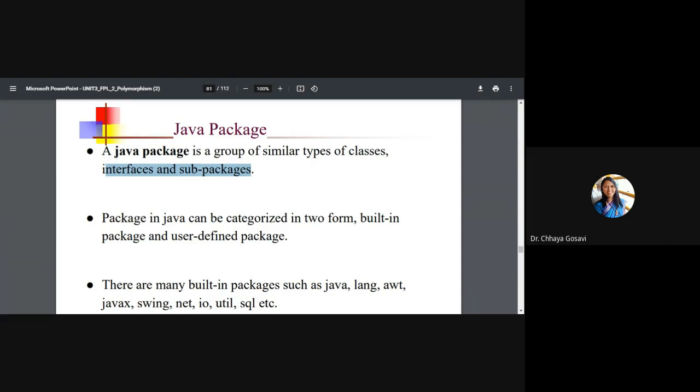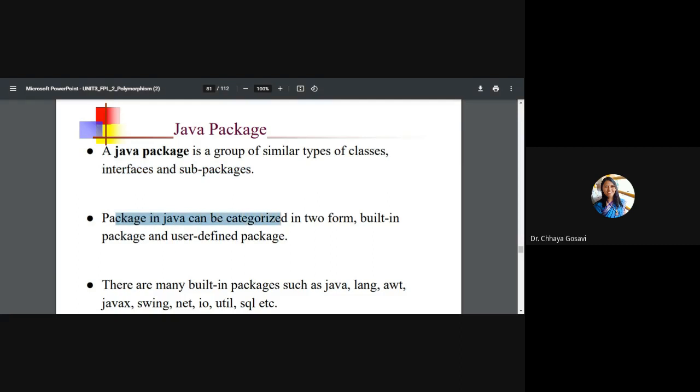Similarly, when you think about the string class, it is in the java.lang package. So the lang package has all the classes which are required to write a simple Java program. The util package has all the classes which are utilities in Java, and the java.net package has all the classes related to networking, socket, and other classes. So there are many inbuilt packages in Java which are available in the JDK, Java Development Kit. The package is nothing but a group of similar classes, interfaces, and subclasses.